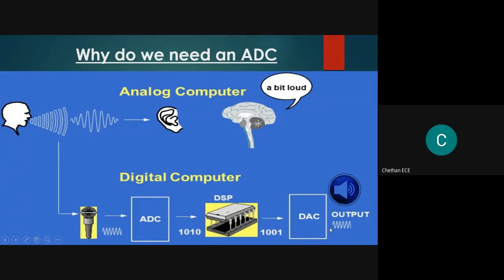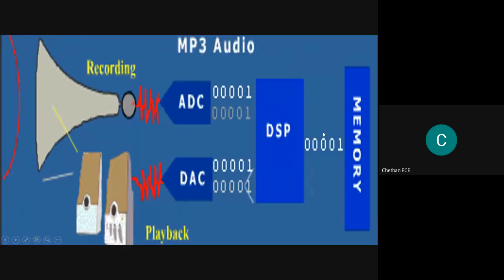Similarly, if we want to reconstruct the same sound waves at the receiving end, we should use an important component called DAC, where we can reconstruct the same sound wave, and the same sound wave can be delivered as an output over the speaker. Okay, to clearly understand this process, I will play one more example.